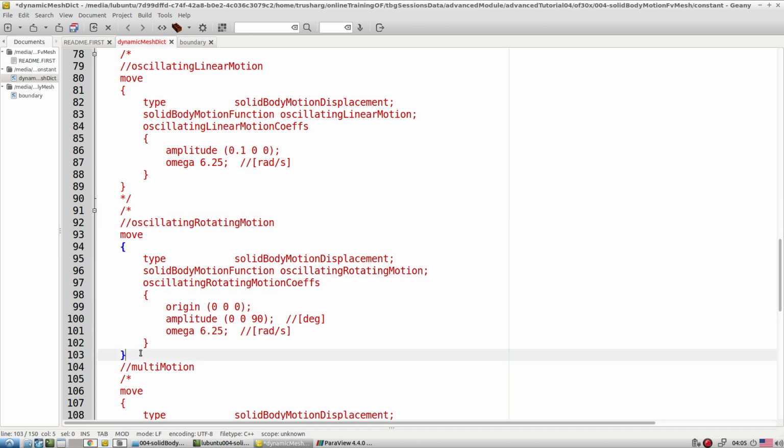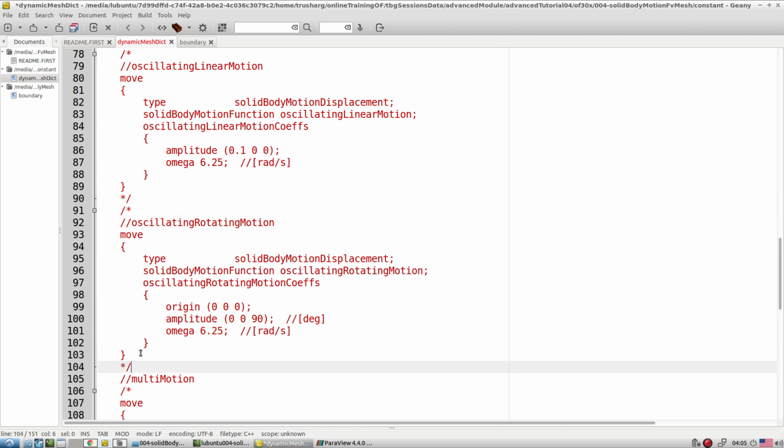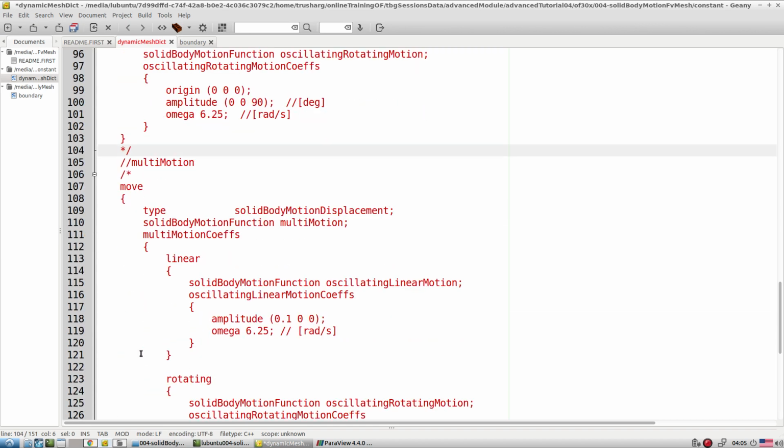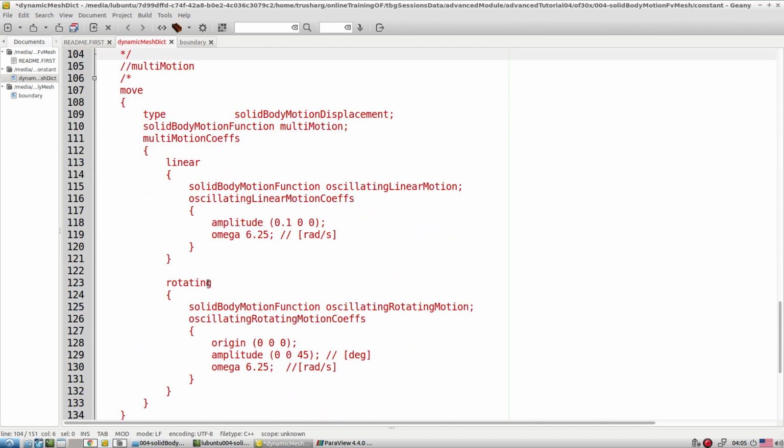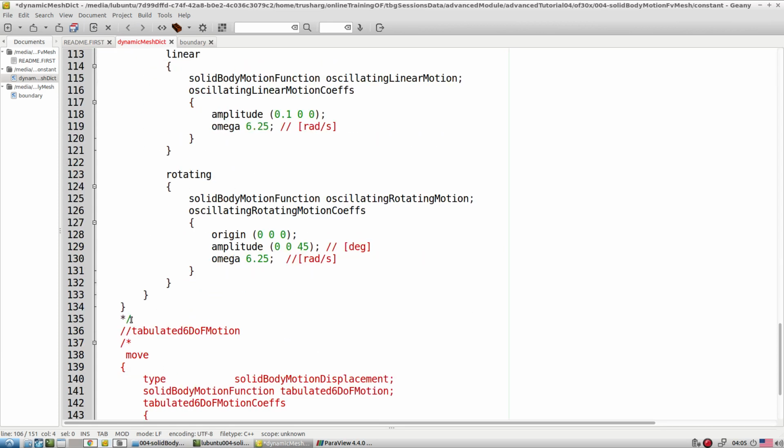Okay, so what class of oscillation you require, or sorry, what class of motion you require, depending on that you have to add up the mesh motion. Okay, so different classes of the mesh motion are good for different things. Let's say it is rotating and linear, so it is going to fail, but I also want to show you this particular class of the mesh motions.